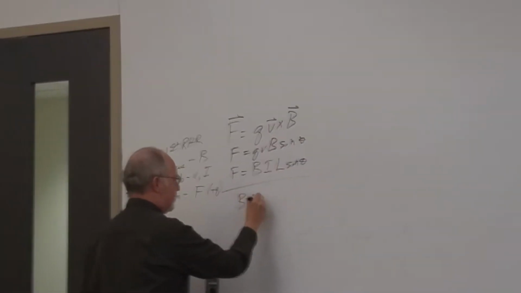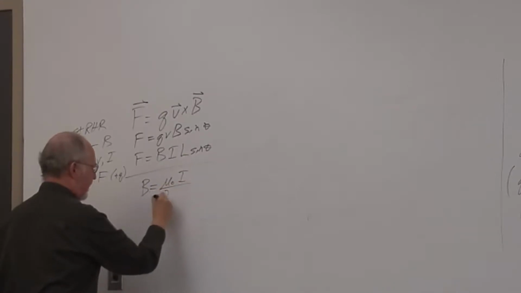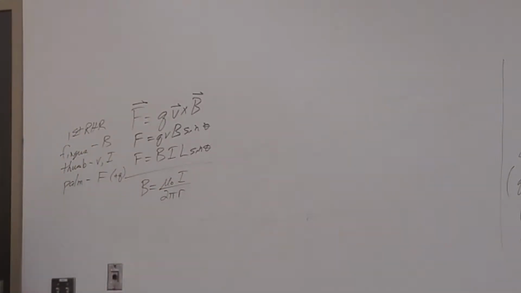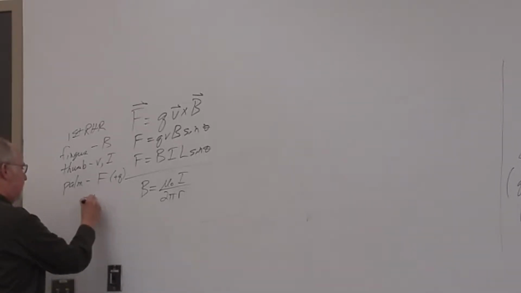The magnetic field produced by a current is the mu naught constant times the current divided by 2 pi r, where r is the distance away from the current. This magnetic field forms a circle going around the current. And the direction of that magnetic field you get from the second right-hand rule,